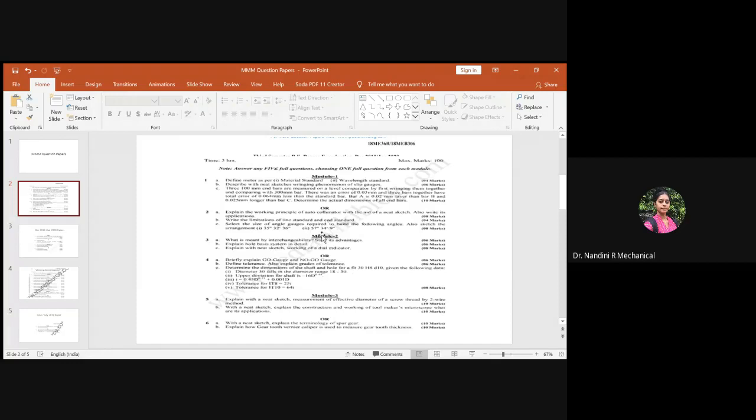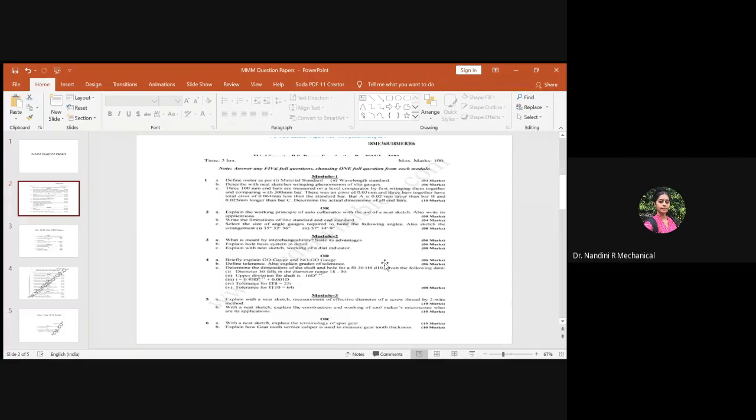And then they have asked you to show the working of a dial indicator with a neat sketch. So please draw the sketch for the dial indicator, let it be readable and drawn a little bit bigger, and then you explain it. Okay, how does it operate? It is given for 6 marks, or else you usually get one problem on module 2.